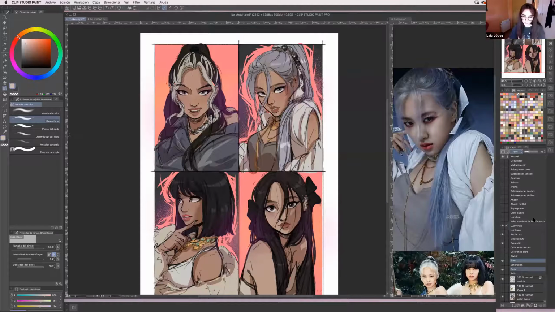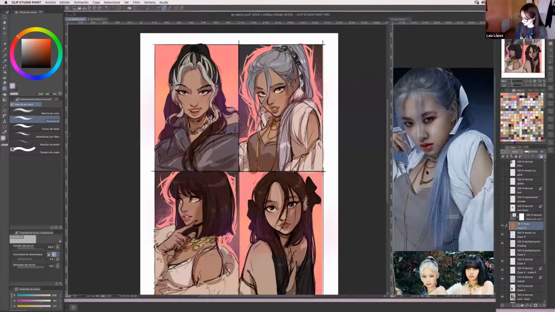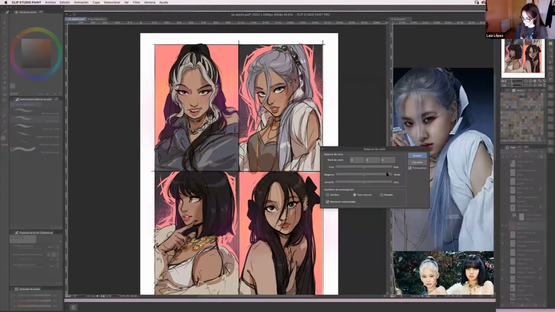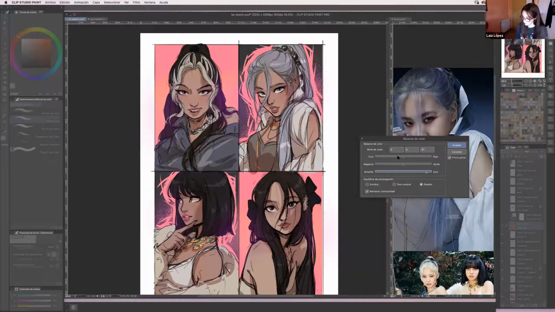It just paints everything with the same color, and tone just focuses on certain parts of the drawing. And sometimes I do the same thing that I did before with the color balance, and I just play around a little bit and see which one looks best for me, or which one I like best. This is black paint we're talking about, so we're gonna go with pink.